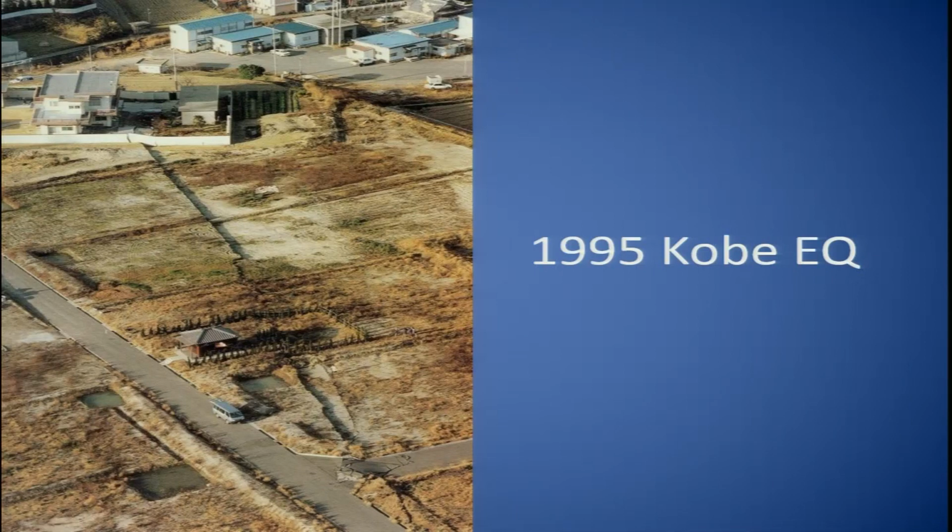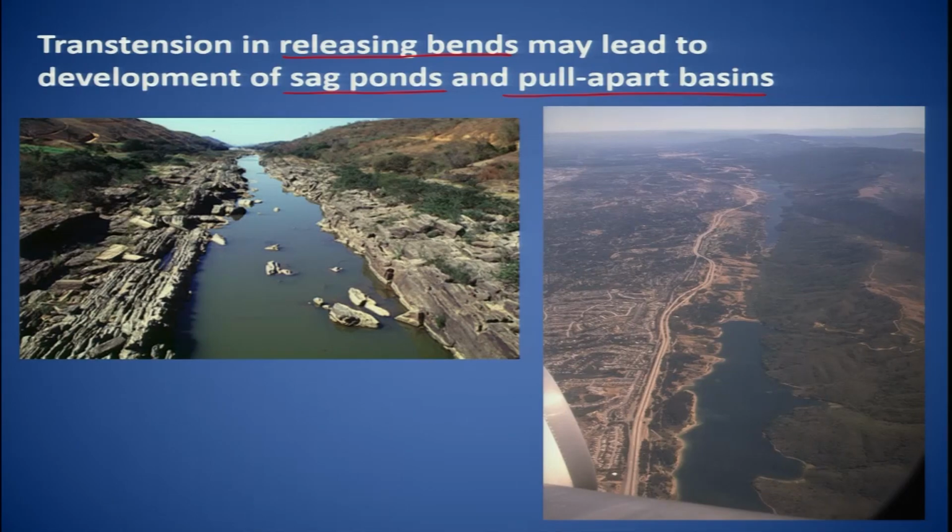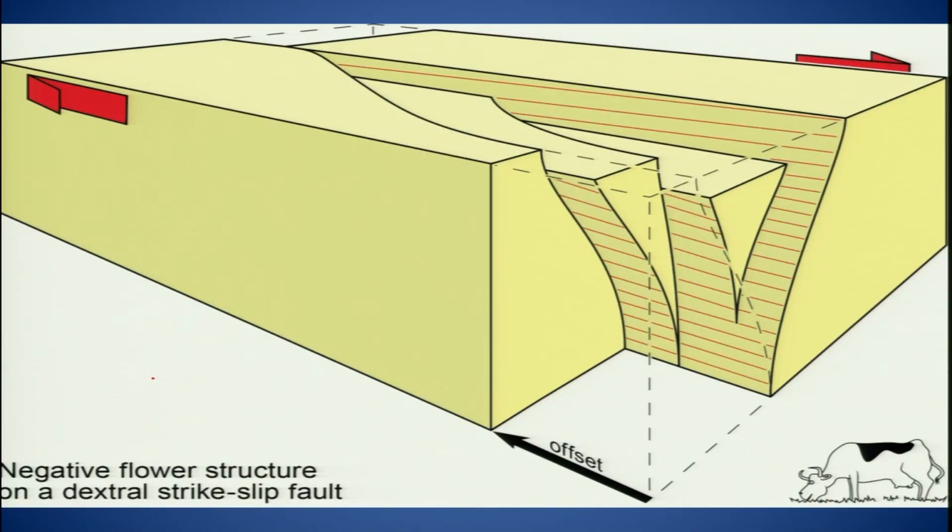Now this part I have already discussed, so I'll just skip this one. So as we were discussing the positive and negative flower structures in different movements like right lateral and left lateral, and what we saw just now is right lateral strike slip movement, and what we see is the negative flower structure. So if you look at the step overs here, if we combine everything, that is what I wanted to end this lecture with,